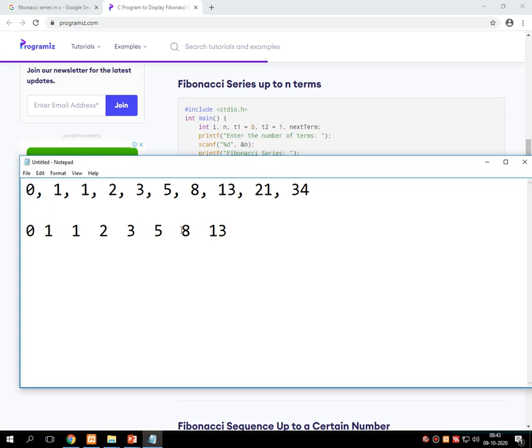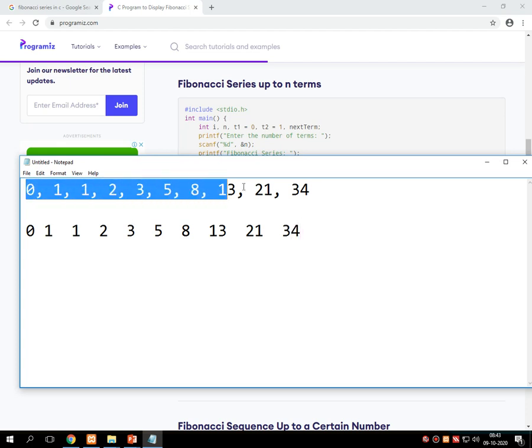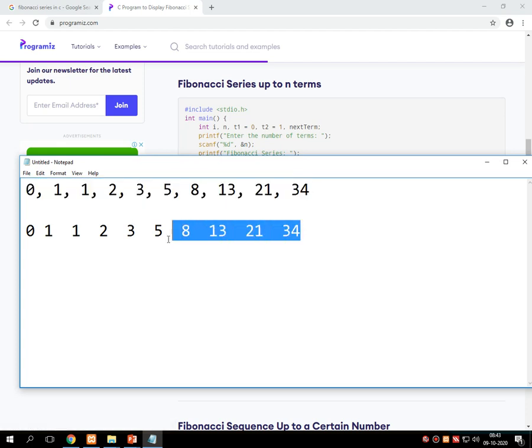Then 8 is the old one, and 13 is newer. So 13 plus 8 makes 21. Then 13 plus 21 makes 34. So you can see that the same series is obtained by performing these logical statements, right?